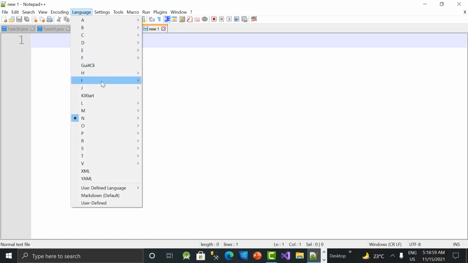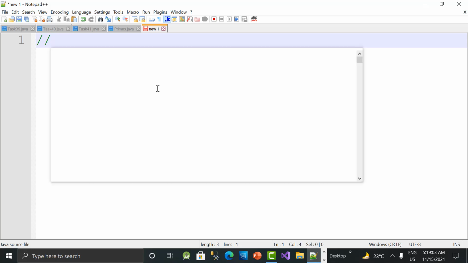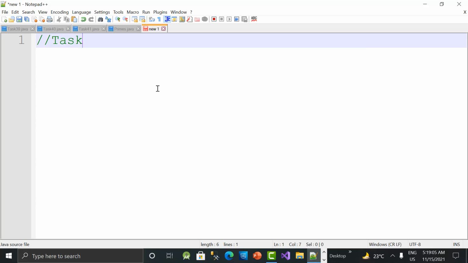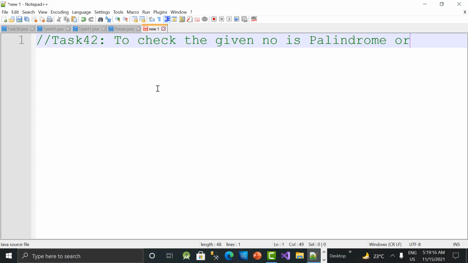Let's go to language and choose J for Java, and here write Task 42: to check the given number is palindrome or not.